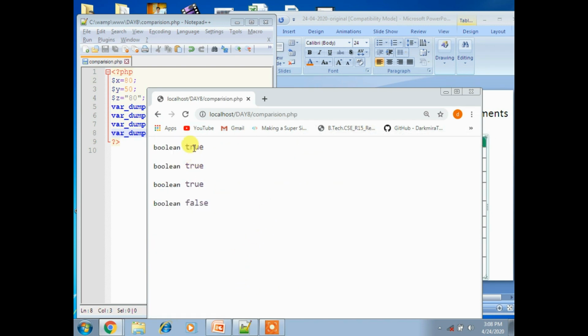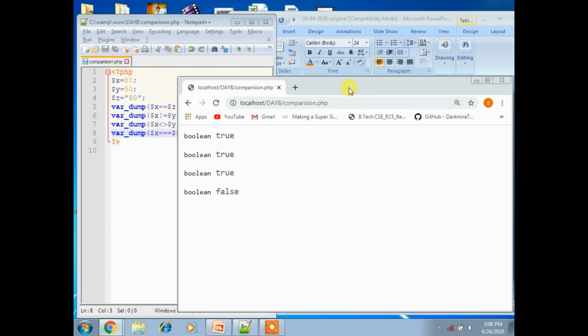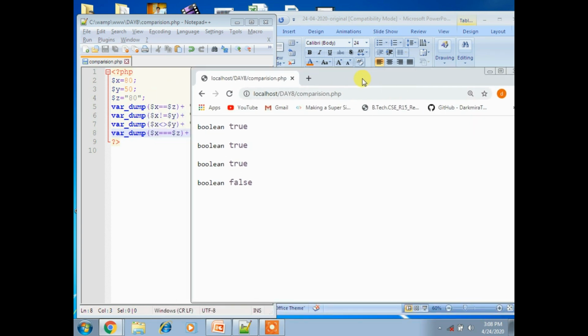Now see here, you'll get the four statements I typed: double equal, that is equal to, not equal to, not equal to unequal, and identical. For all four statements it displays boolean true.